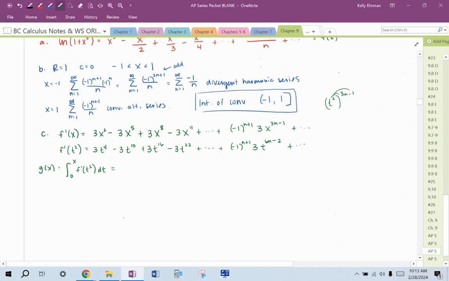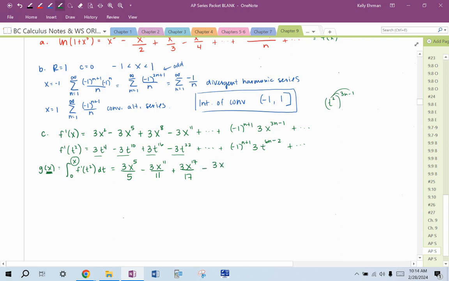So if I integrate these terms, then I would get, let's see, 3x to the fifth over 5, because again, we're going from 0 to x, and the equation g of x is in terms of x, not in terms of t anymore. Okay, so we're just integrating this, right? Don't overthink it. Integrate these terms. Okay, so minus 3x to the 11th over 11 plus 3x to the 17th over 17